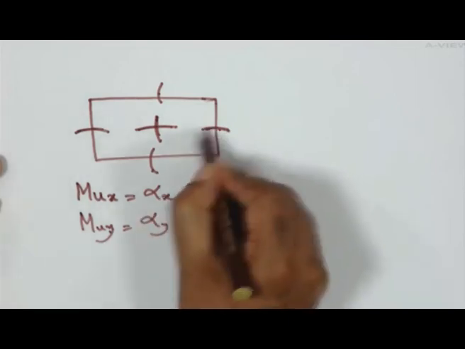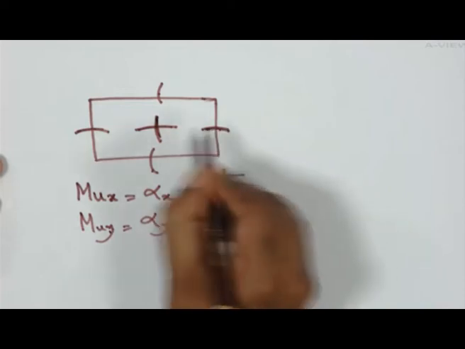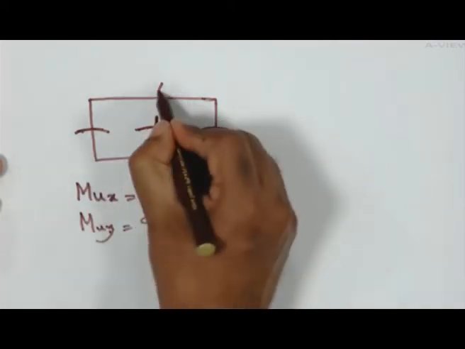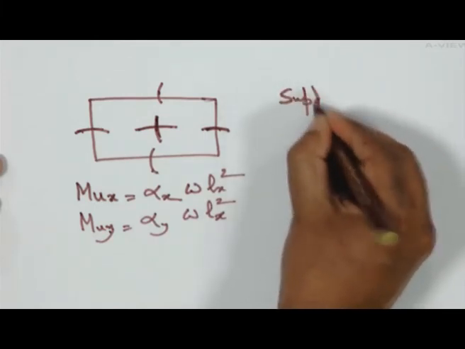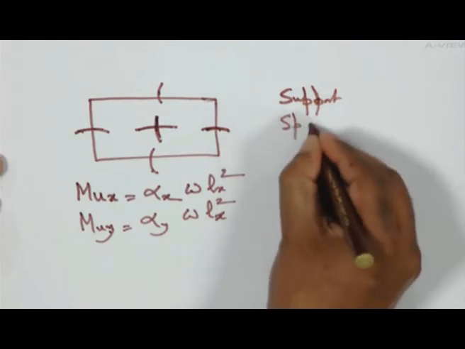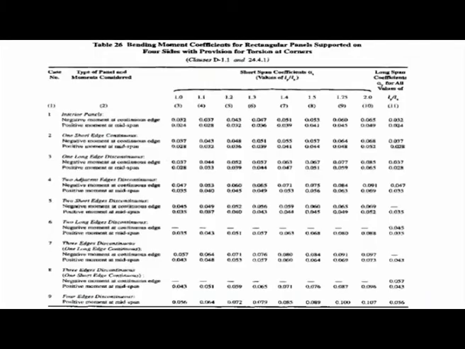That means one side it will be mu x, the other side mu y, and then I shall find out at support and at span. So I shall get the value at support and also the value at span. So for different values of Ly by Lx from table 26, 1, 1.1, 1.2, 1.3 up to 2, we get the value, and on the basis of that we linearly interpolate. That means for different values of Lx,